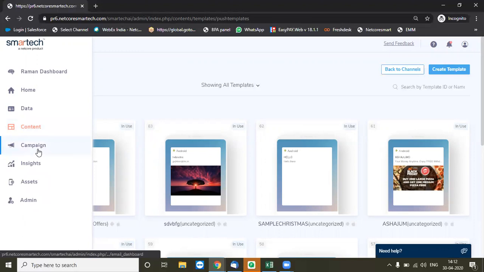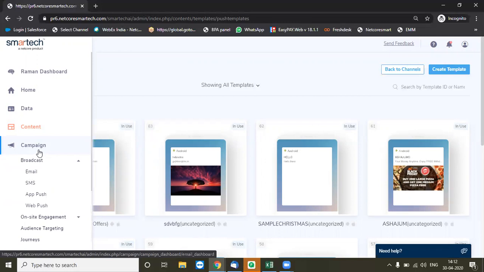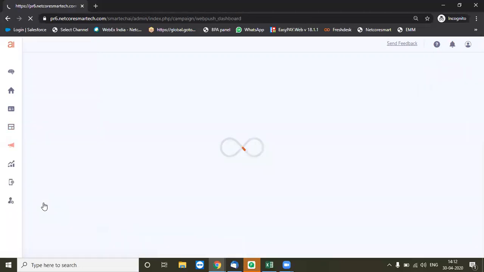Then I discussed the campaign section earlier. That was about having the 4 models of communication. Just to give you an idea of how easy it is to send out your browser push notifications, we have set up an easy 4-step process.